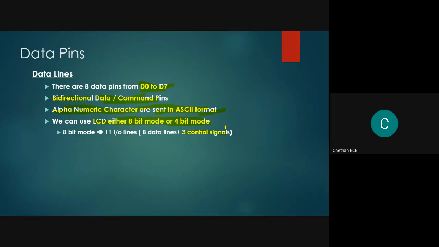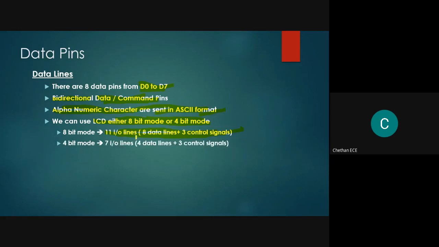These control signals are register select, read or write, and enable pins. But in this case, the number of input output lines is significantly increasing. Totally, we need 11 IO lines to send the data or command. But our objective in every embedded system is to reduce the number of IO lines so that we can utilize the available system buses effectively.